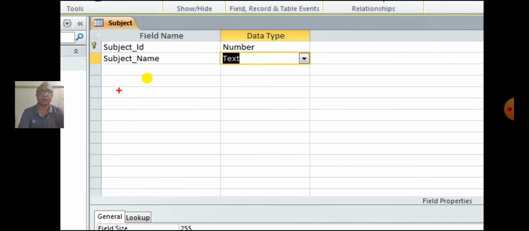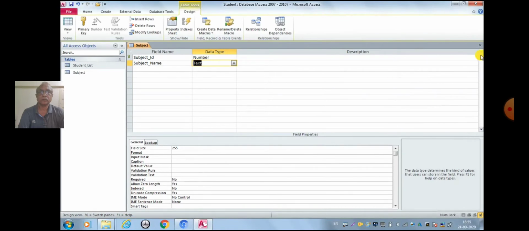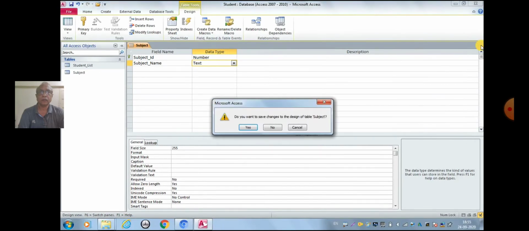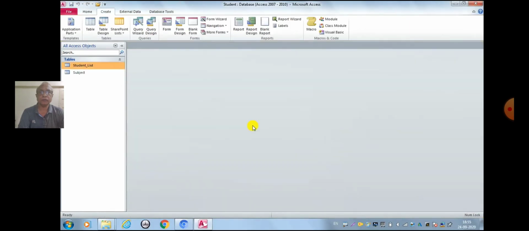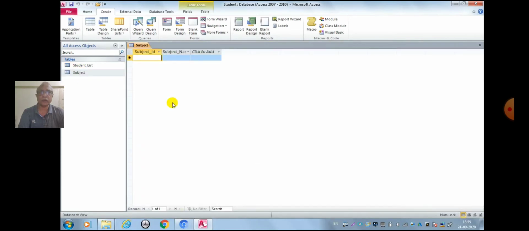Close the table. Click on S to save the table. Double click on the subject table and enter the records.